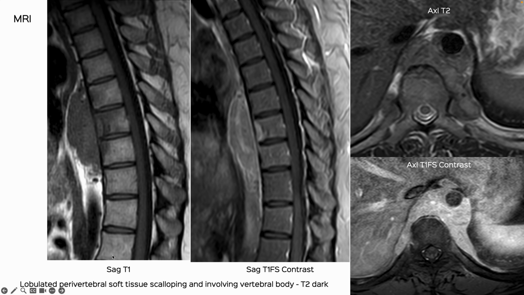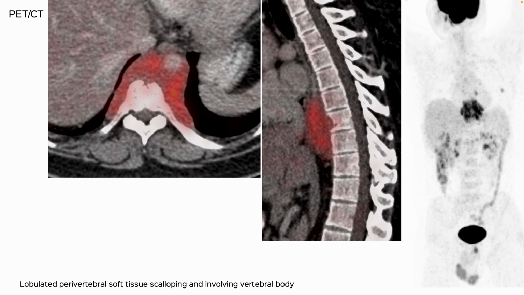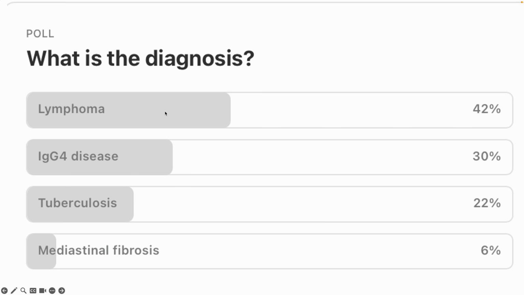What we do see is lobulated perivertebral soft tissue. It's on both sides here. It is lifting the aorta without encasing, or rather pushing it anteriorly, and there is some underlying vertebral involvement, and there is significant activity on the PET-CT study. The answers were spread out as often happens with such cases, less for TB, but lymphoma was considered the most